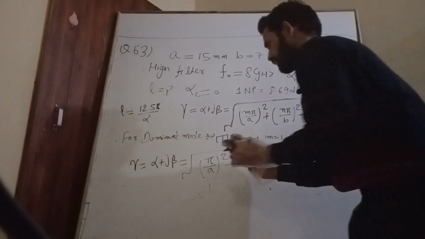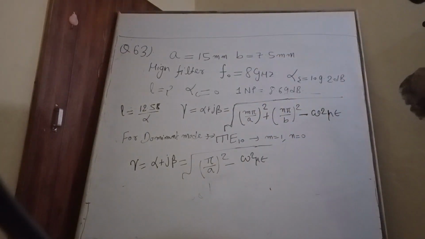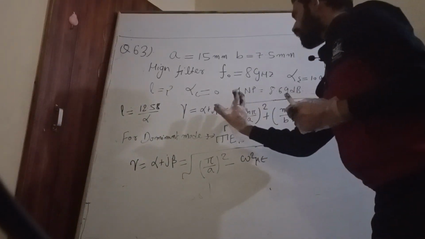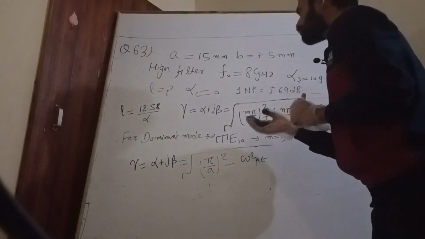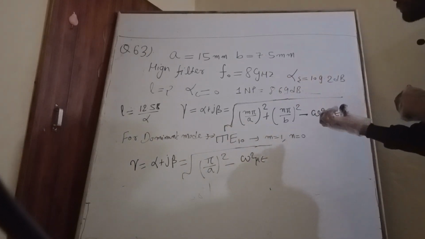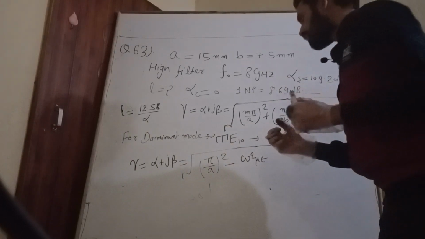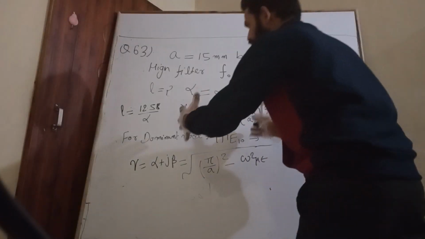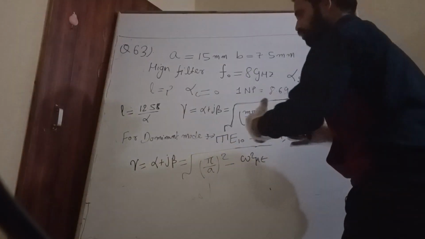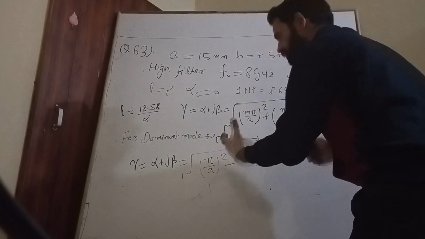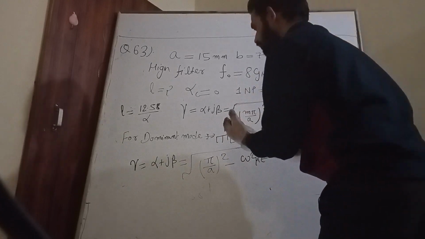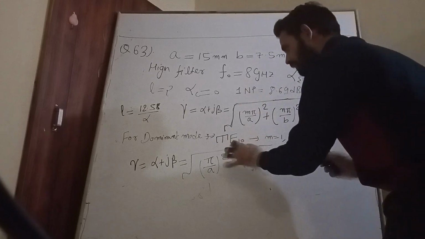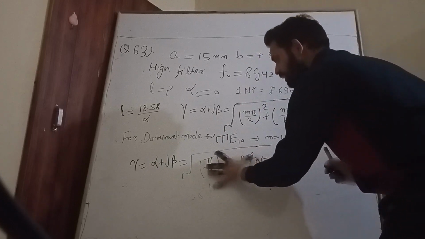Now let us see. The point is what this is asking. Here we just want to calculate the alpha attenuation factor. So when will the attenuation be possible? Attenuation through the rectangular waveguide is possible only if the wave gets attenuated, and the wave will get attenuated only if this part is